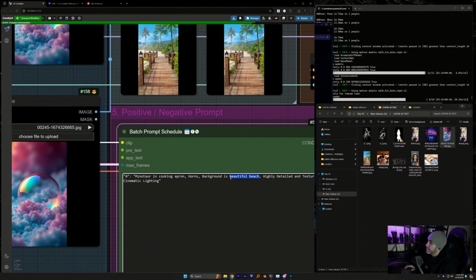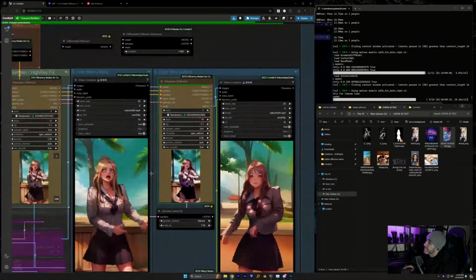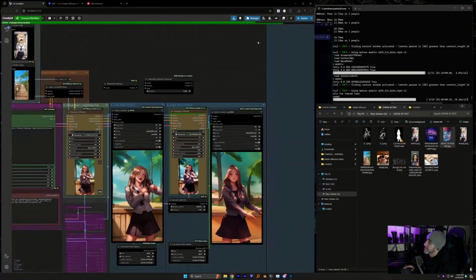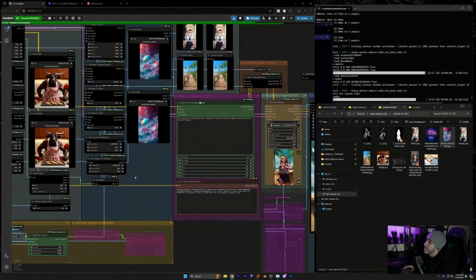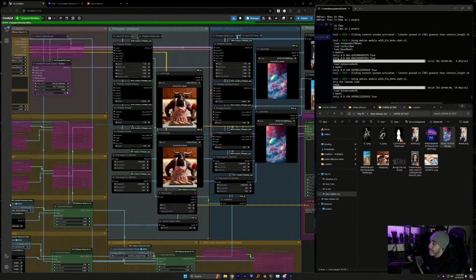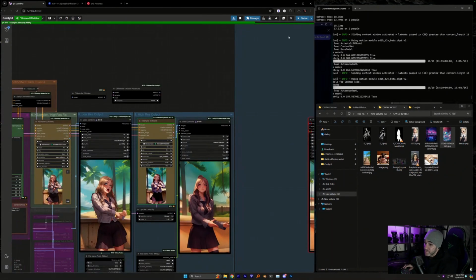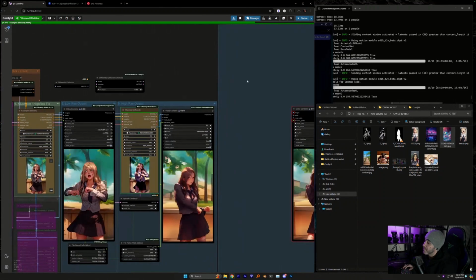Background is iridescent dreamscape. That's what we're rolling with. And then we're going to try and see what this Minotaur does on this anime model. But then we'll try a realistic model afterwards because I'm curious.